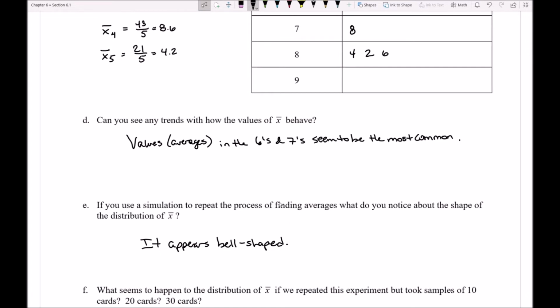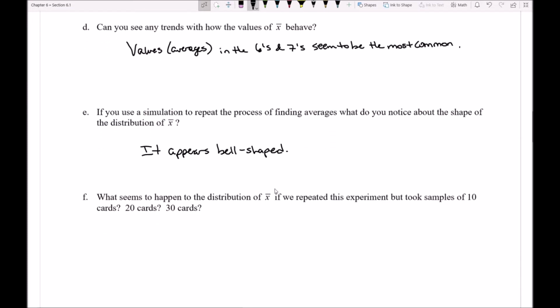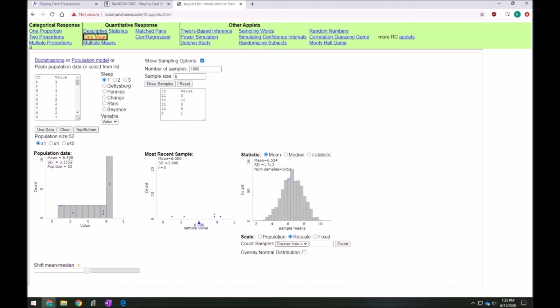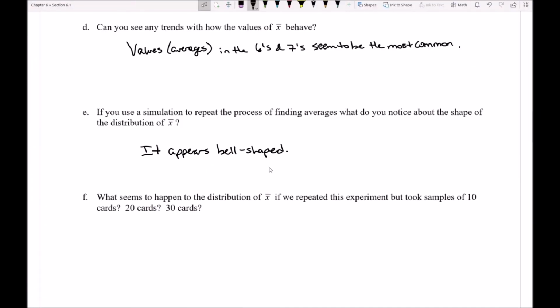Well, what's interesting here is more than it just being bell-shaped, I can see some other sorts of similarities. Notice that over here on the side, if I was going to pull one card out of the deck, what's the average value of a card that I would pull? Well, I can see that value showing up right here. The average that I would pull would be 6.538. That's about the average card. And the standard deviation is about 3.153. Well, what you'll notice is that if I go over to this picture, isn't the average almost identical? It's still in the 6.5 range, but the standard deviation has gone lower. I'm going to continue to look at that interesting connection of the means and the standard deviations as I continue